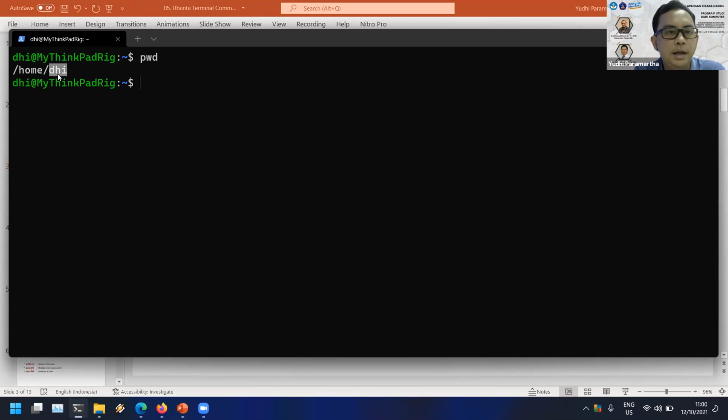The DHI is my username. When you install Ubuntu for the first time, you are asked to give your username, and that's the first username that you will get. For example, in this computer, my username is DHI, and I'm logged in as DHI.